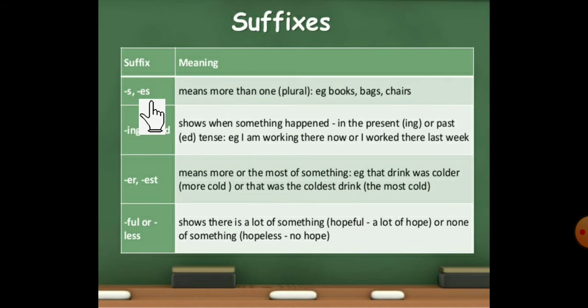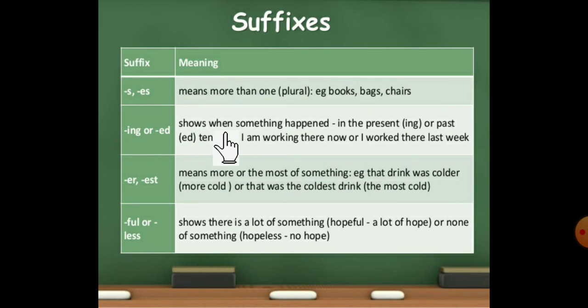So when we are using s, there is a rule. You know, we already learned about when to add singular, plural, and when to add s or es to that word. We already learned in previous classes. So just to recall those rules, add s or es, and just once again try to understand. Here example, books. So book is the root word, books, bag, chairs. Got it? Here we added s. Es, when to add? When the particular word is ending with s, ch and all, that time we are using es.